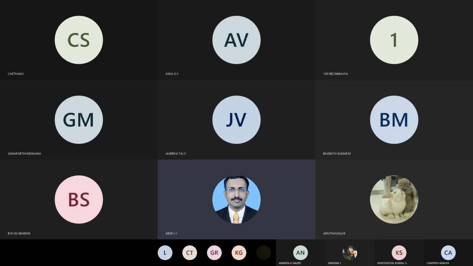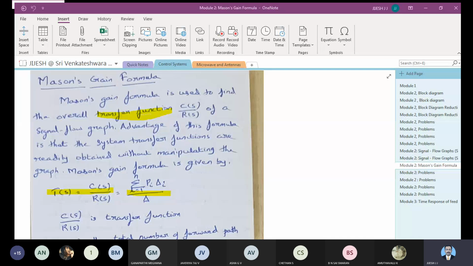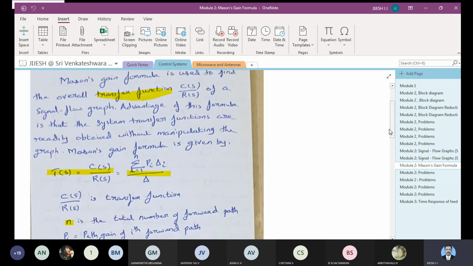Mason's gain formula we have already discussed. I'll just brief you and then we go ahead with the problems. We have seen in the previous class that Mason's gain formula is used to simplify the signal flow graph, where the transfer function can be found by using the equation summation of i equal to